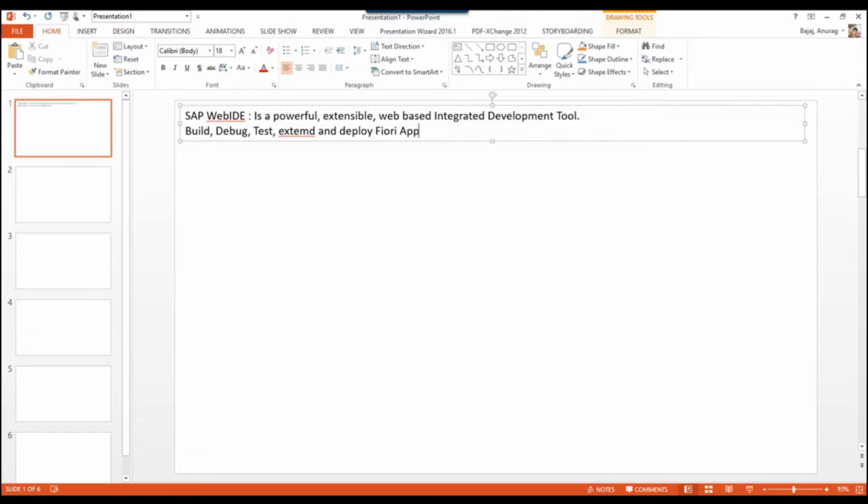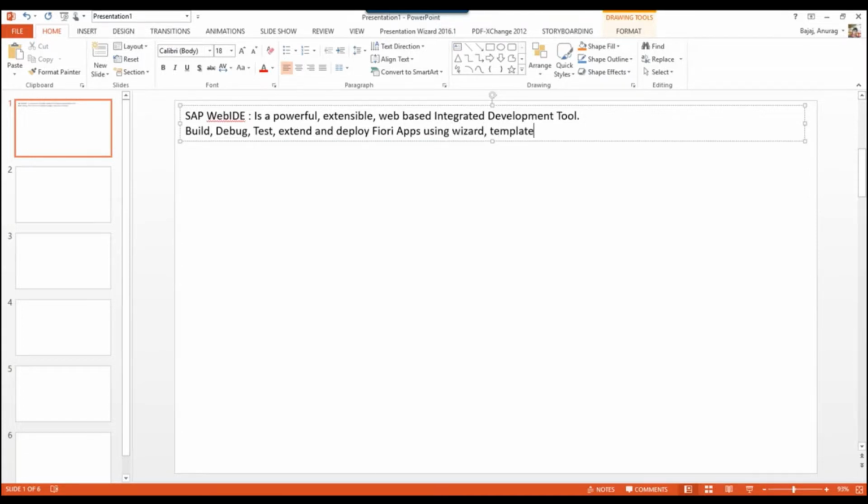Not just Fiori apps, there are a lot of other types of deployments which you can do using this Web IDE tool. It's not just the Fiori app which you can develop, it also helps you to develop something called templates. It allows you to build, debug, test, extend, and deploy apps using wizards,